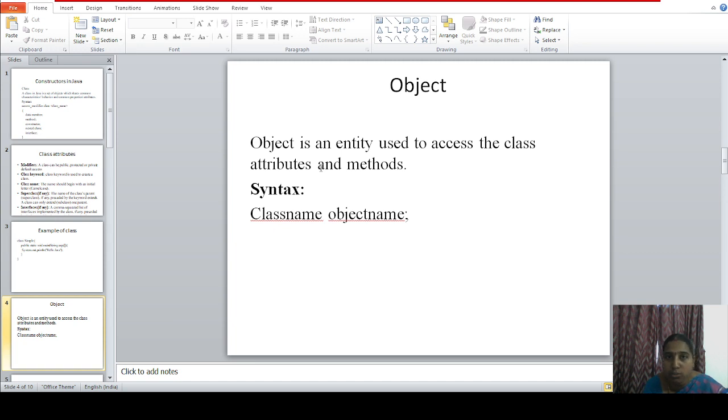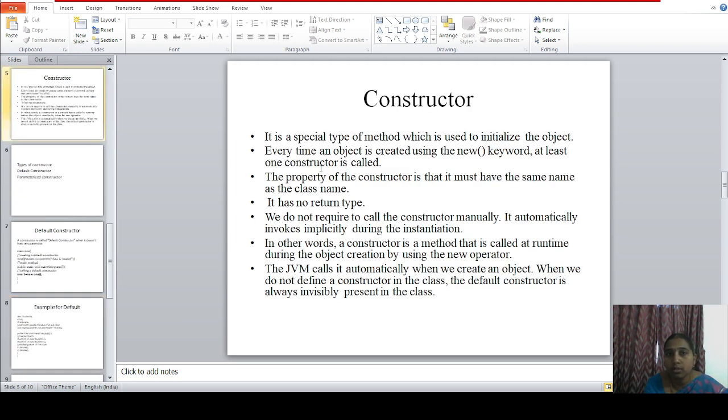So the object is used to call the data members as well as the functions inside the class. Next, we are going for the constructor. A constructor is a special type of method which does not require any object to call it. It doesn't need any explicit calling either. It is automatically invoked at the time of object creation,